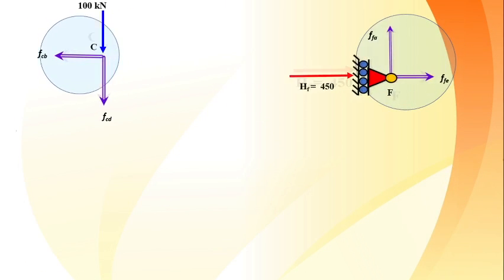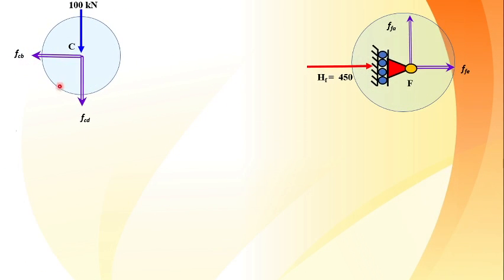So here you can see I had two joints, joint C and joint F. This F was already here, C joint was already here. So in order to have proper space available to do the analysis, I have shown it like this. So start with joint C or joint F, whichever is of your choice. I am going to start with joint number C.